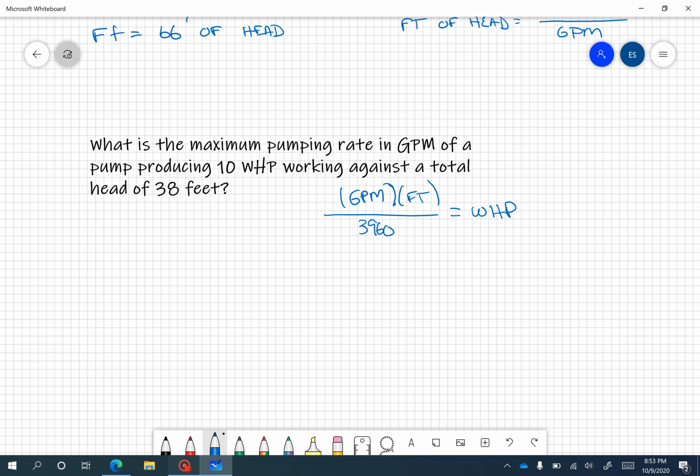In this case, we're trying to determine pumping rate in gallons per minute. So again, let's rewrite this equation to get gallons per minute by itself. And I'm going to start with the same thing I started with last time, which is multiplying both sides of the equation